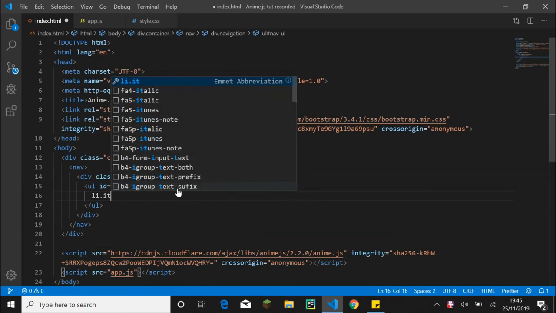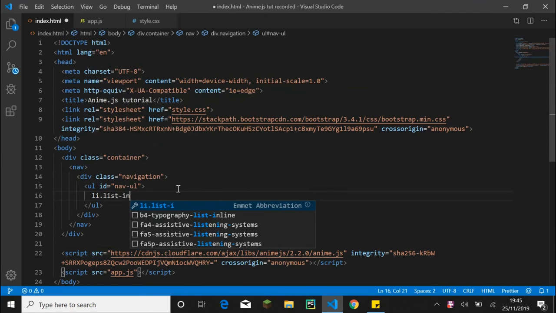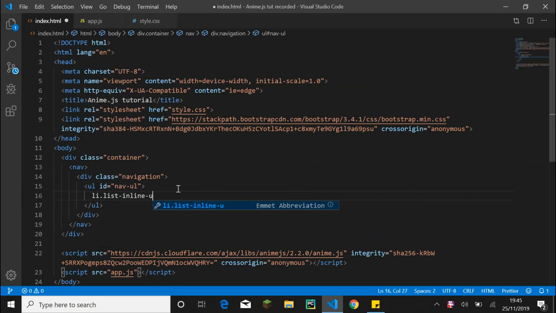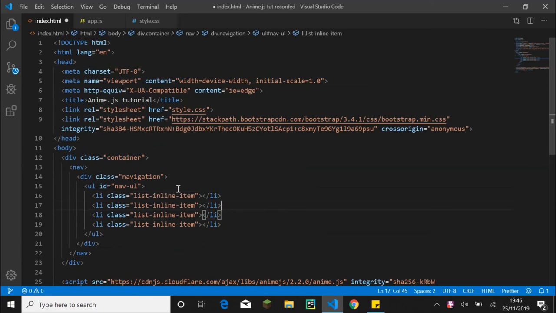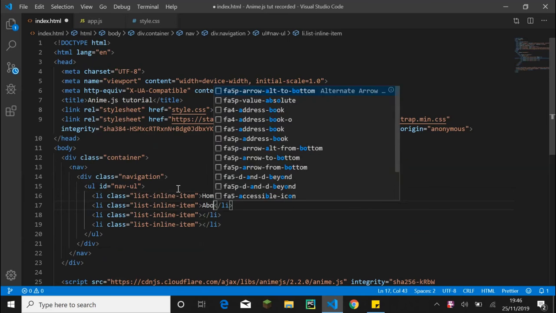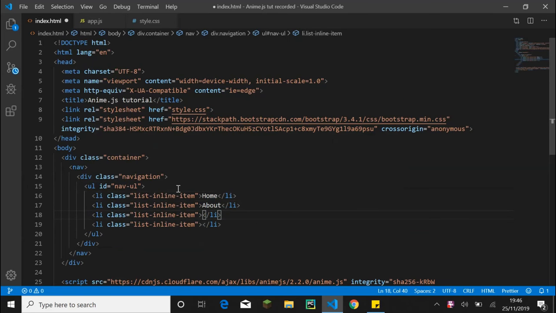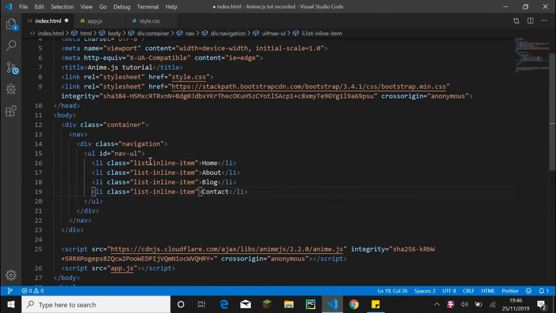list-inline-item, and I'll be copying that 3 times, I think 4, I think it was, rhyming: home, about, the standard stuff, and now we have this. We'll also be adding a class here